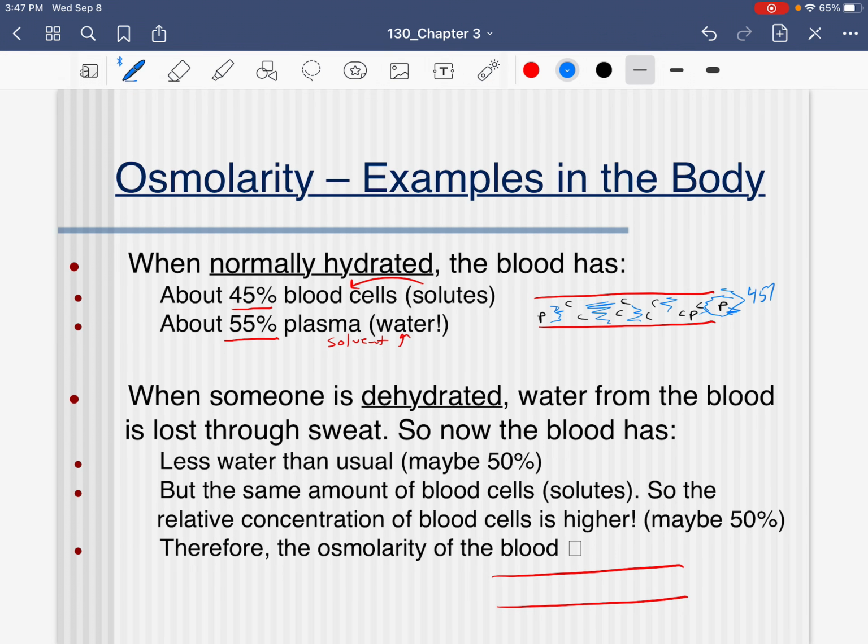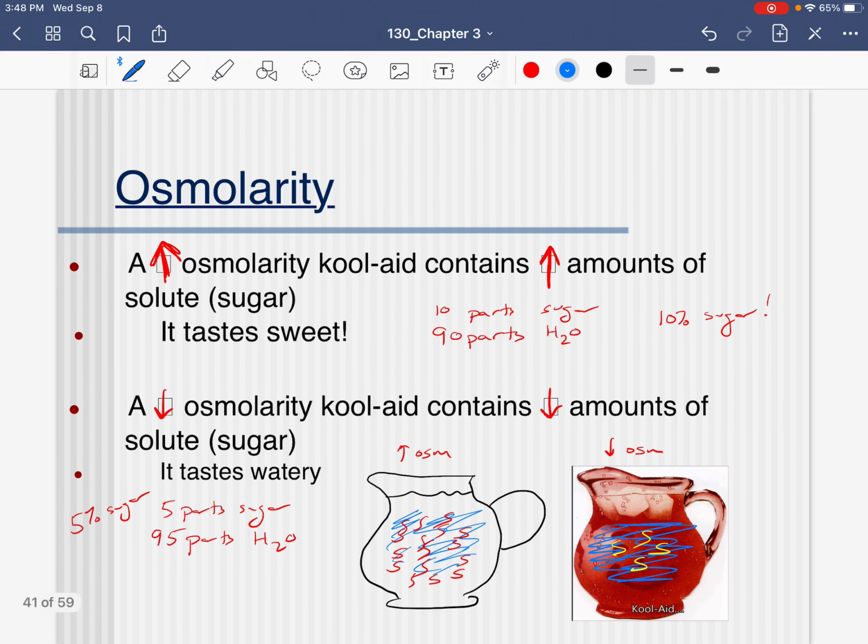Okay, so here we go. Normal blood is 45% cells and 55% plasma. Now, as we talked about in our previous example, one way to alter osmolarity is to increase or decrease the